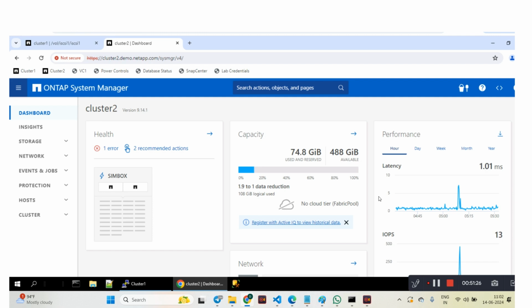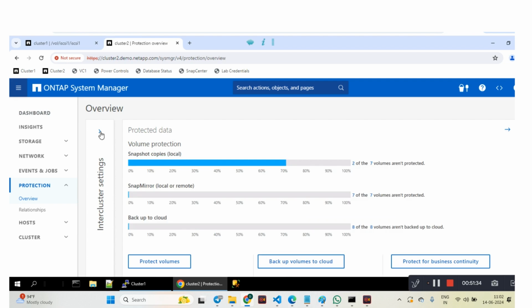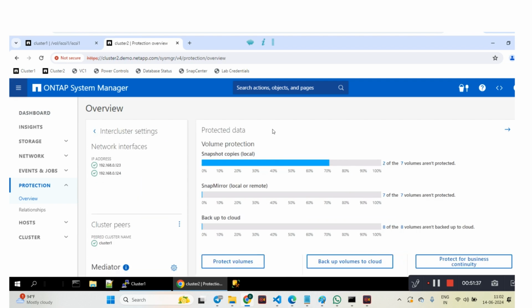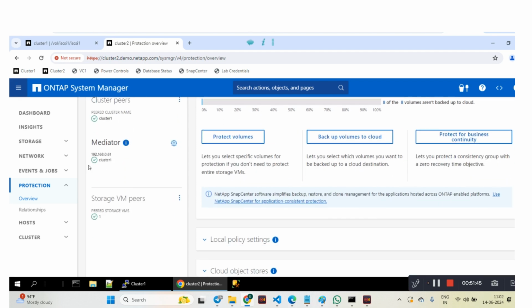Okay, so I logged into cluster 2, and then I'll check the same thing, like intercluster. Yes, it's all green, no problem. Cluster PR, yes, cluster is PR. It will show obviously okay. Mediator, VM, everything is okay. If you see any unhealthy status, you have to troubleshoot. But it's okay, not a problem. All are healthy. Okay,